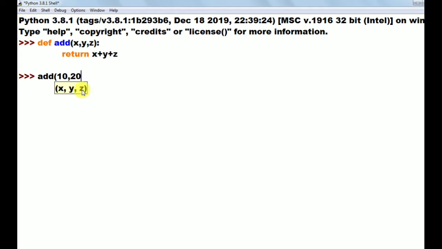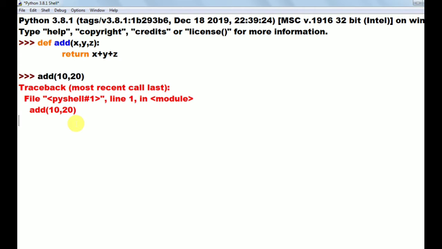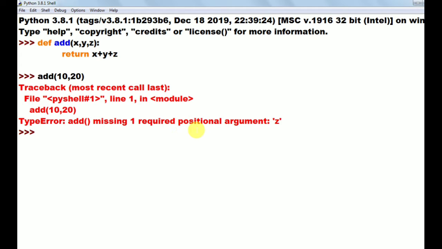Three values, but I am passing only two. If you pass two values, that will give an error. What is that error? It says missing one required positional argument. So by default every argument is a positional argument only. With this we can clearly understand that we have to pass three values.